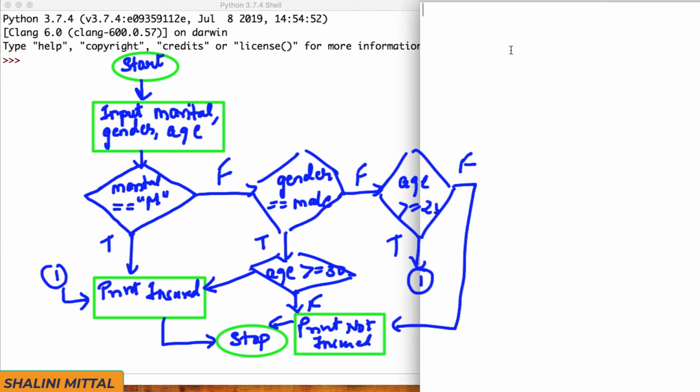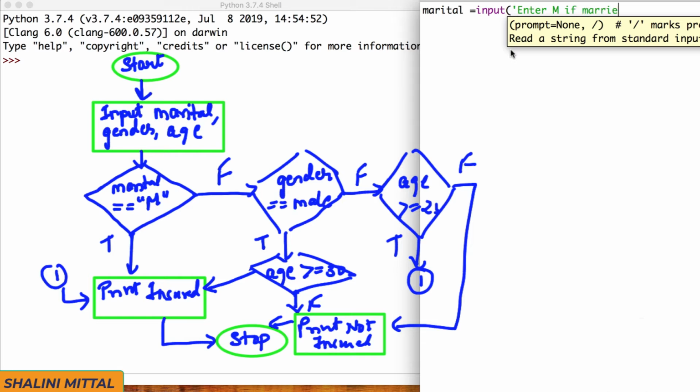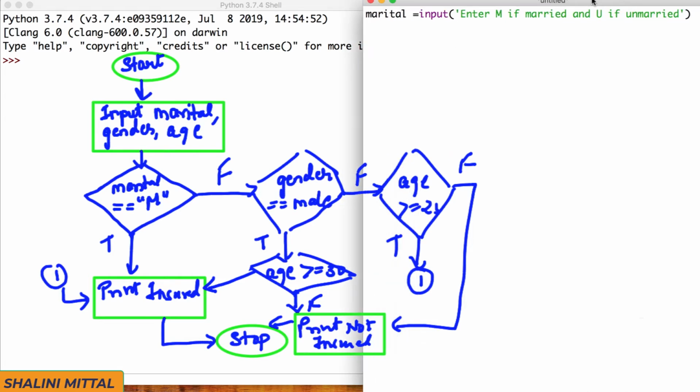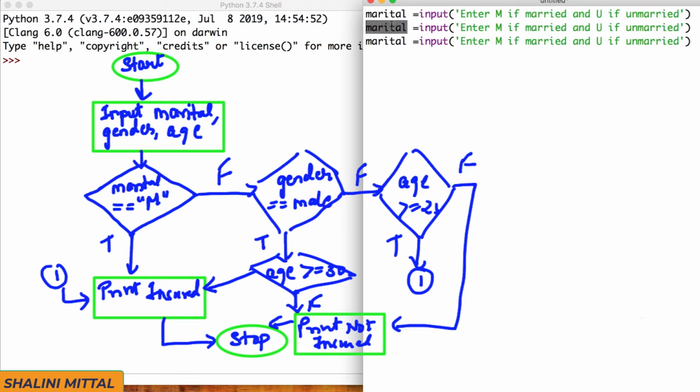So now we need to start the program by taking the input, the marital status. So I am saying enter M if married or enter U if unmarried, and we need to take two more inputs. So I'll say gender.